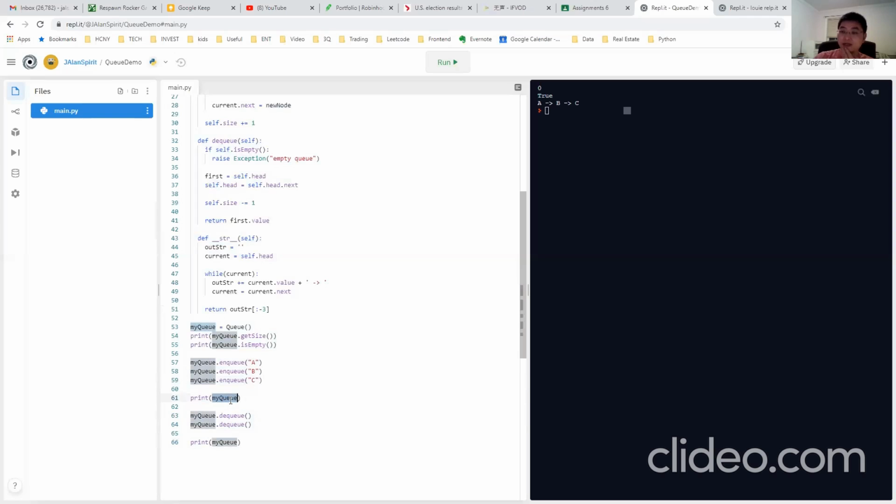Oh, then it would be B, C. You sure? B, C, two more values. How many values? First answer my question. How many values are left in the q? 3. 3? No, there are 3 values in total, but after it would be 2. Okay. I added 3 values, right? I print out the q. It prints out the q, A, B, C. Now I dequeue, and print out the q again. So now I'm asking you, what will I print out?